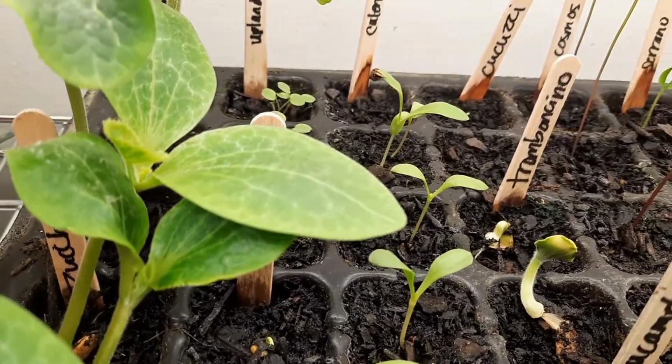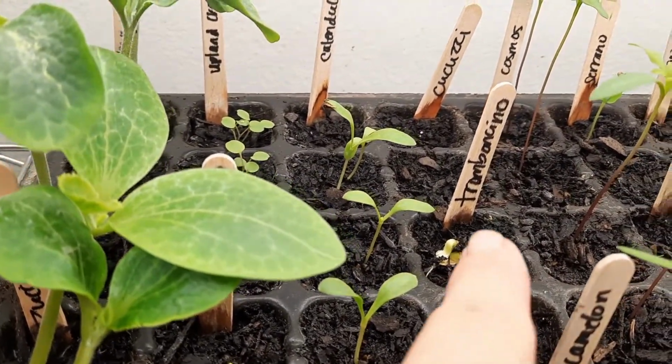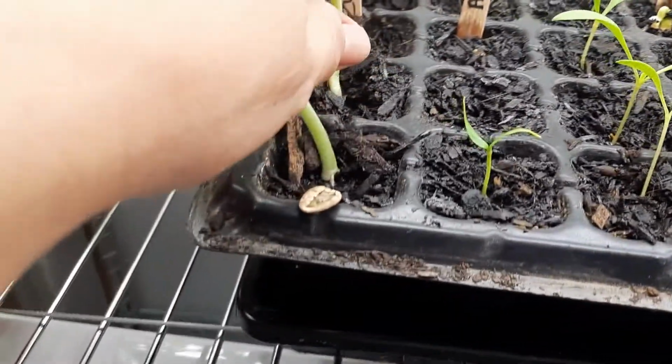Tromboncino Squash. That looks kind of creepy looking. I'm not sure if I should touch him. Cucuzzi have not come up yet. Some Calendula. I'm really happy about that more than anything. 1 ancho